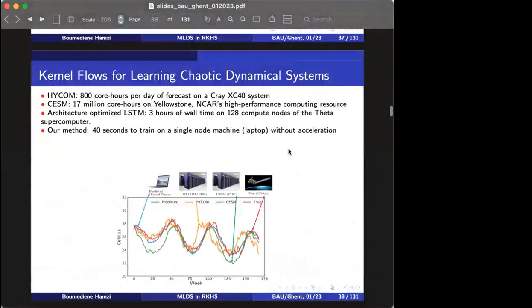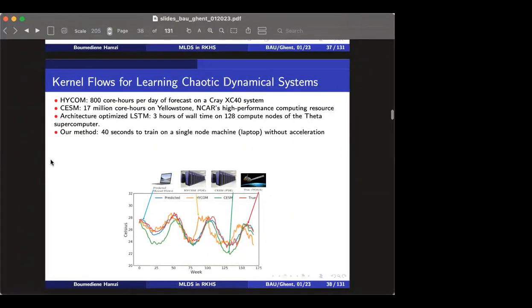So then, yeah, once we uploaded this work on the archive, someone from Argonne National Lab approached us with real data from climate modeling. In this national lab, they use two PDE methods. One of them is called HiCom, and the other one is CSM. So for the data set that they provided to us, we have